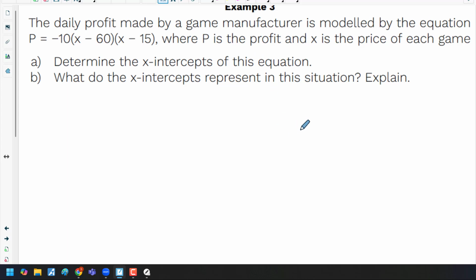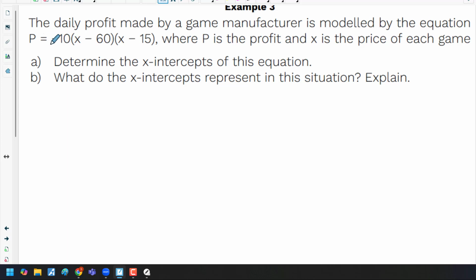The daily profit made by a game manufacturer is modeled by the equation given, where P is profit and X is the price of each game. Determine the x-intercept of this equation. What do the x-intercept represent in this situation? Explain. So here we have a